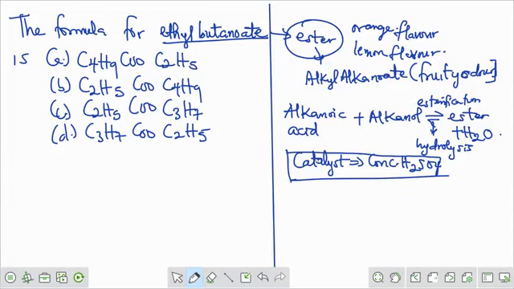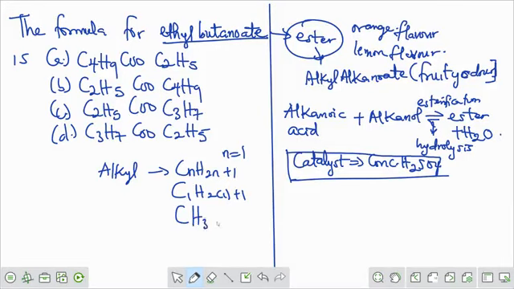Now, they say we should name the compound. This is how to do it. Methyl and ethyl are from alkyl, and alkyl has the formula CnH2n+1. The first member is n equals 1, that will be C1H(2×1+1), which is CH3. When we have one carbon, it is meth, and because of the suffix yl, we have